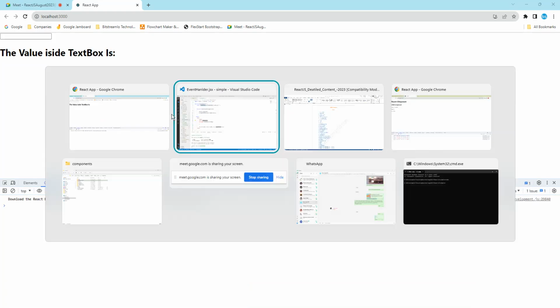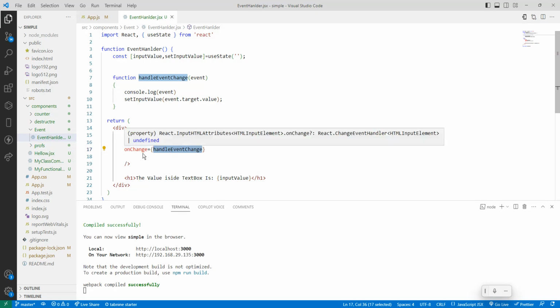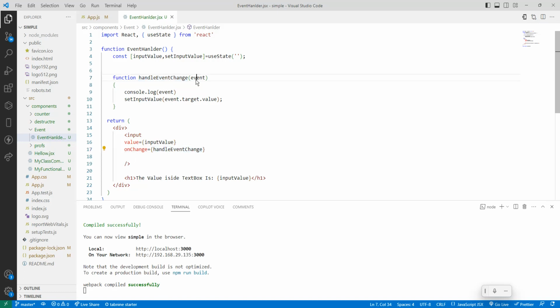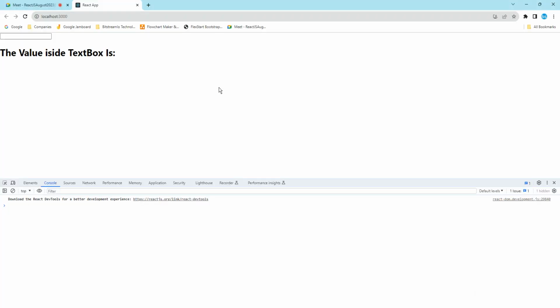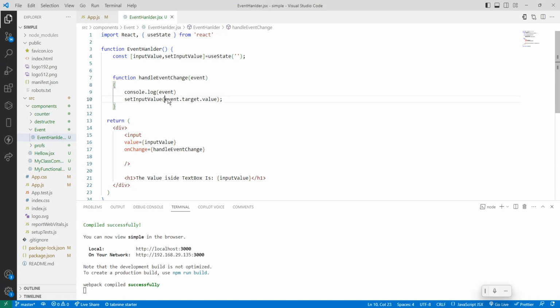So then next, whenever on change happens, if I add anything inside a text box, it calls the on change method. So this calls the handle event method. When it is called, if you click any number or character, the handle event function will be called, and it sends an event object. This event object contains so many pieces of information. Here we want only the target value from the event object. So if I do event dot target dot value,